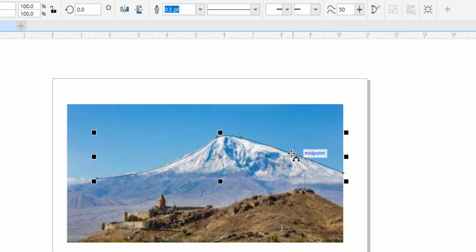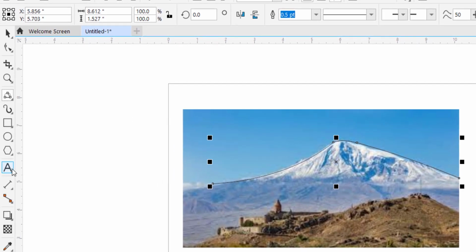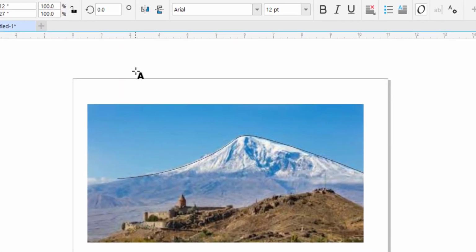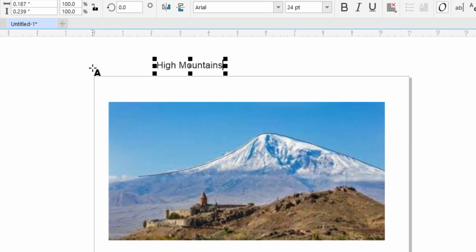Alright, now that we've created a path, what you want to do is select your text tool over here, and then type out whatever text you want to put along that path. In my case, we're going to put high mountains. I'm just typing that out here. All right. Then,